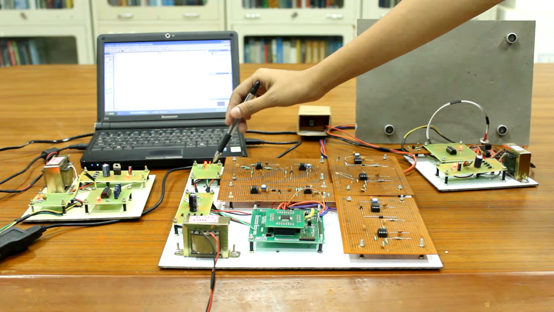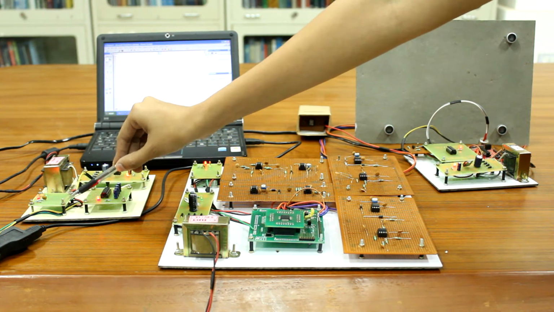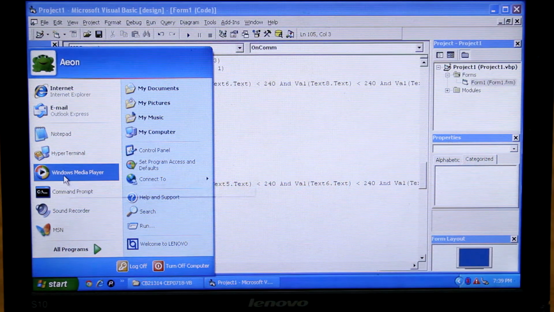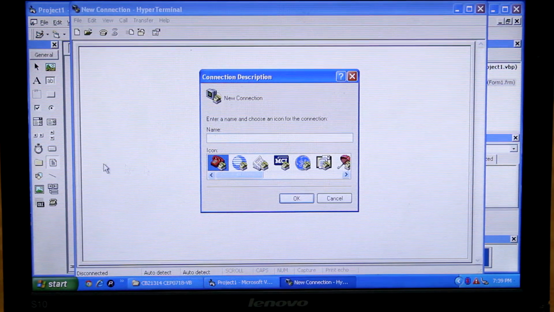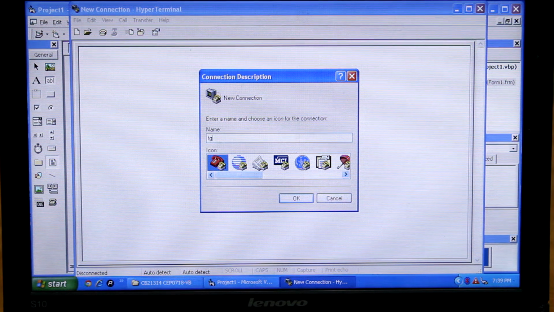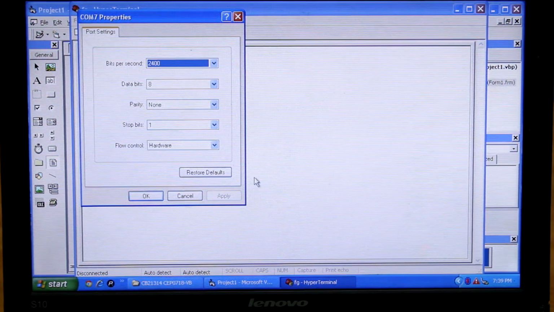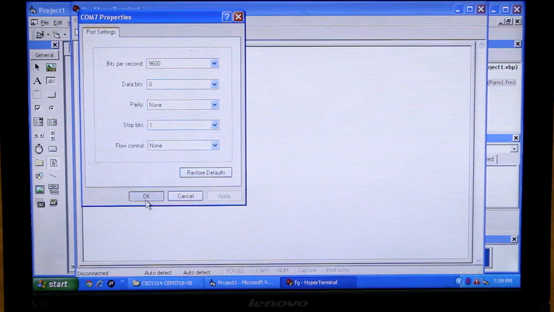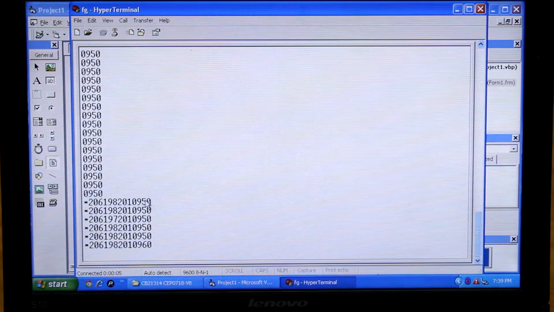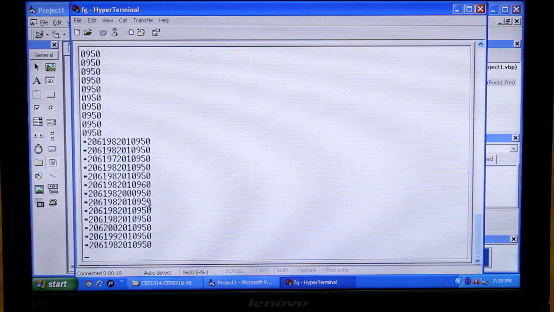In the interfacing circuit, the receiver Bluetooth module receives these values and they are sent to the PC via serial communication. Now let's see the digital values from the receiver signal getting displayed in the hyperterminal. One can see 4 sets of values getting displayed in the hyperterminal corresponding to 4 transducers. For example, on line 1, it is 206, 198, 201 and 95, the receiver signal values corresponding to the